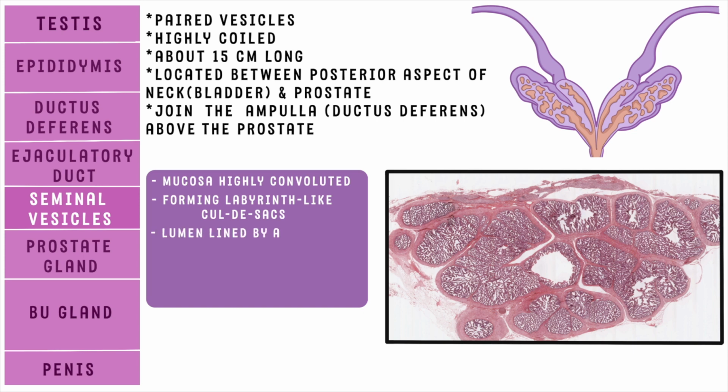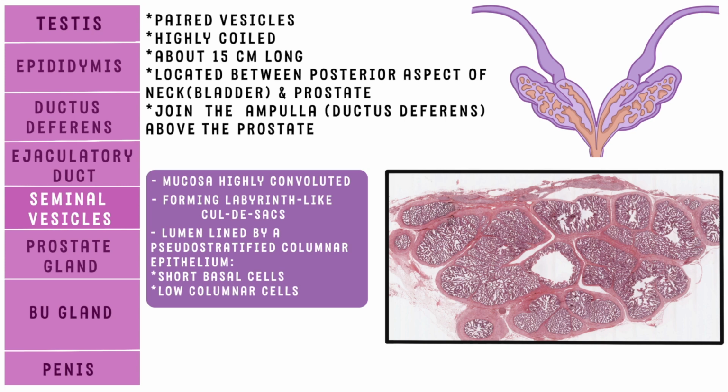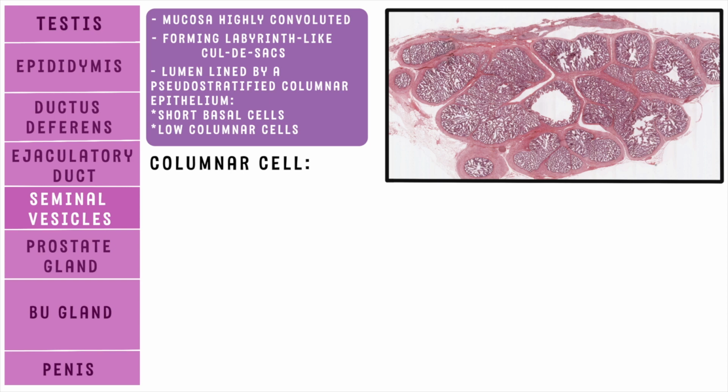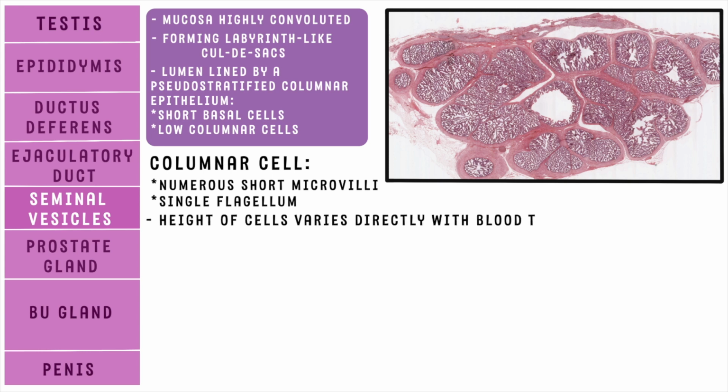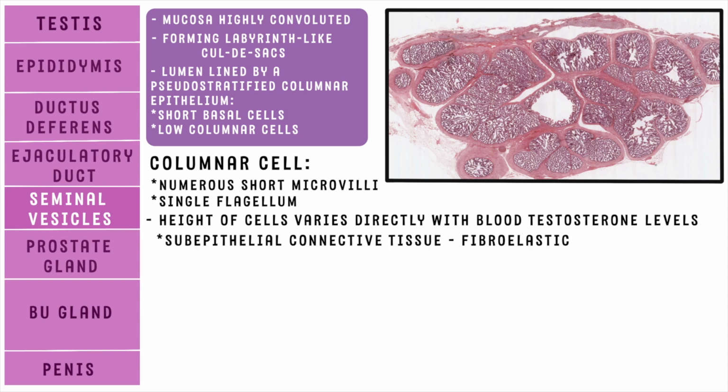The lumen is lined by a pseudostratified columnar epithelium composed of short basal cells and low columnar cells. Each columnar cell has numerous short microvilli and a single flagellum projecting into the lumen of the gland. The height of cells varies directly with blood testosterone levels. The subepithelial connective tissue is fibroelastic and surrounded by smooth muscle cells, arranged as an inner circular layer and outer longitudinal